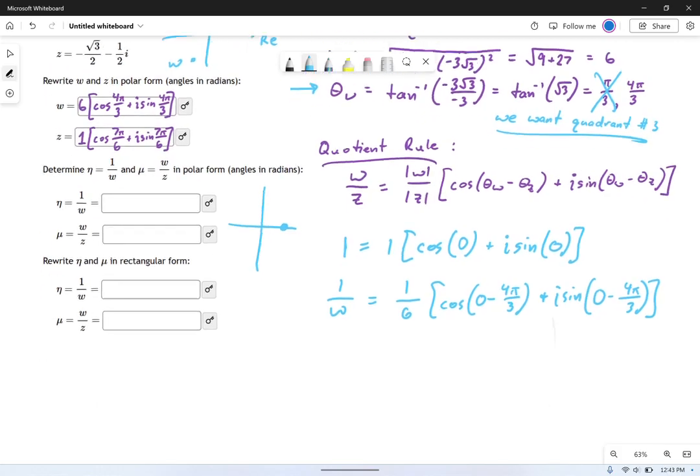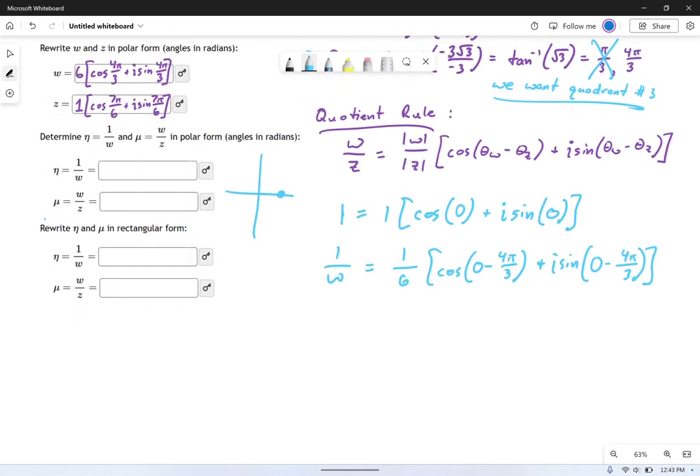I want to show you a shortcut now. Using the power rule instead of the quotient rule. What is this thing really? If I were to use an exponent, it'd be this. I said the product rule, but I meant the power rule. We're going to use the power rule here. If you remember what the power rule formula says, it says that the way you calculate this thing is you simply raise the modulus to the same power, okay? And then you have what's inside here being angles multiplied by that -1, or the exponent. So this becomes -1 times theta w plus i sine times of -1 times theta w.